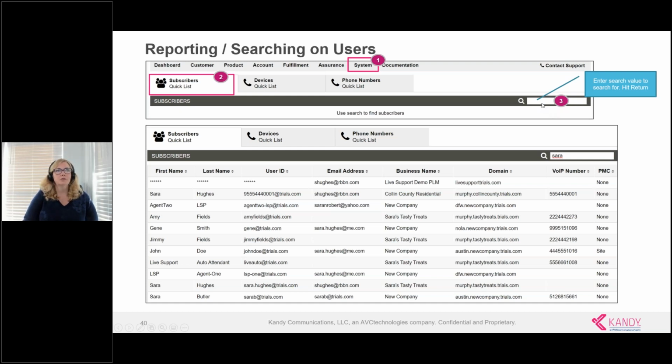You can type in a search value in this and hit return. It will show up everything. Again, if you're at the reseller level, your partner admin would pick up everything with that search string. So I typed in Sarah, and of course I've got lots of things built in this, but you can see Sarah.Hughes is found in emails, Sarah is in the business name,